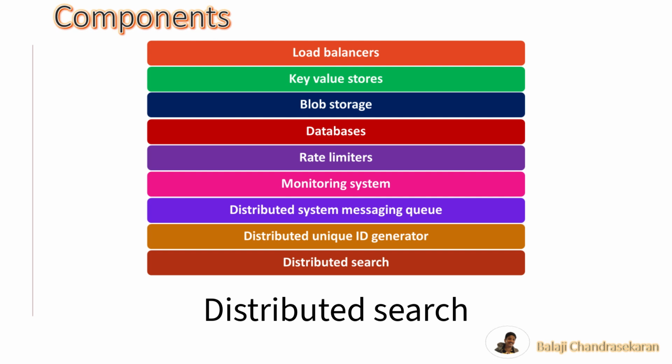Distributed search enables efficient and scalable search capabilities in distributed systems, allowing organizations to index, search, and retrieve large volumes of data across multiple nodes or servers. It enables real-time search, analytics, and insights, empowering businesses to make informed decisions and extract value from their data. Popular distributed search systems include Apache Solr, Elasticsearch, Apache Lucene, and Amazon Elasticsearch Service. These systems provide scalable, real-time search capabilities for a wide range of use cases, including full-text search, log analysis, monitoring,